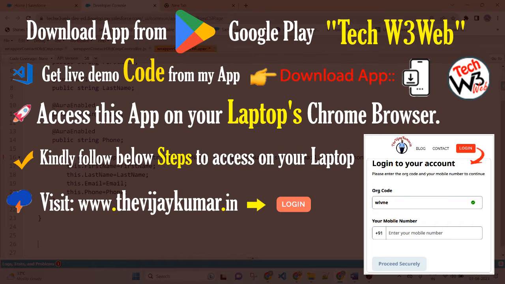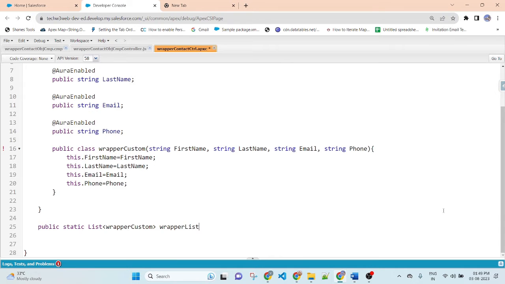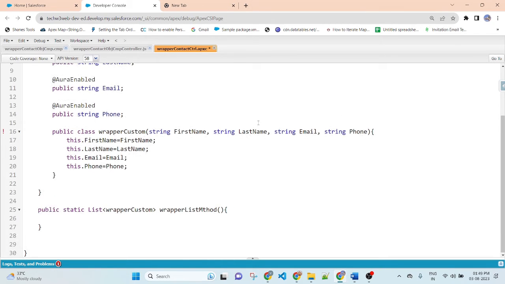After that, I will create a method. So public static list of, use this wrapper class name, wrapper list method. Here I am displaying contact records using the wrapper class.